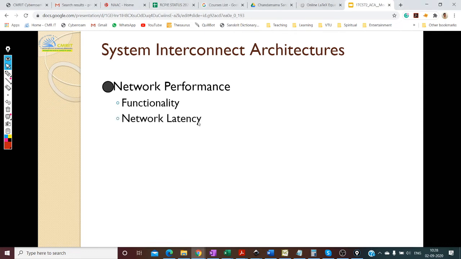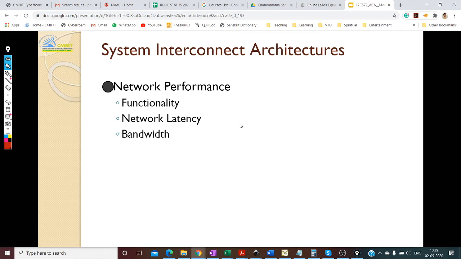The next one is the network latency. Of course, when you have a network, you have to deal with latency. Latency is the worst case time that it takes to transfer through the network. If I have to send one message from one processing element or one node to the other, what's the worst case delay for one hop, and what's the worst case delay for using the diameter, right? So that gives me the network latency.